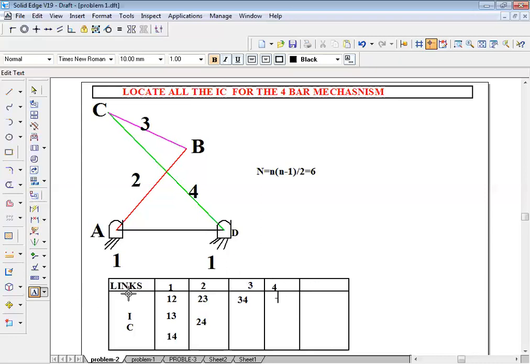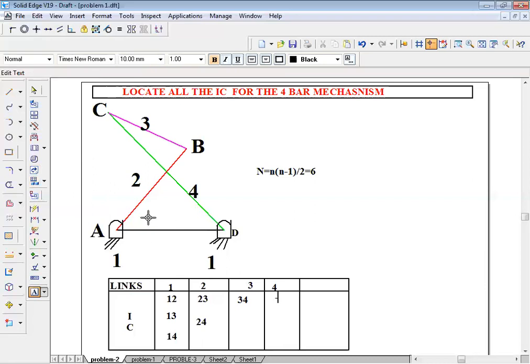Now we need to identify which is a fixed, permanent instantaneous center, and which is a non-permanent one. Let's take the first one, I12.